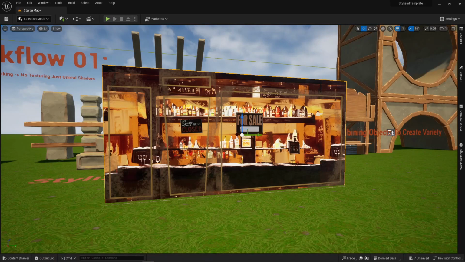Hey everyone, my name is Miguel, and today we're going to create this wonderful window interior inside Unreal Engine 5. Now, all of the project files I will be providing a link for you guys to download for free,